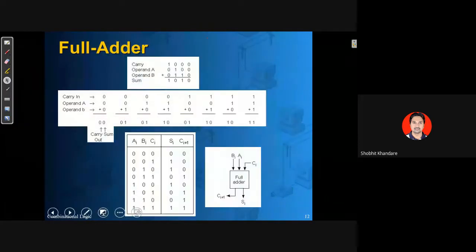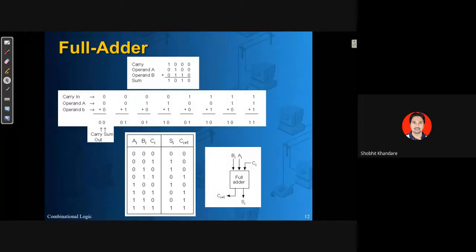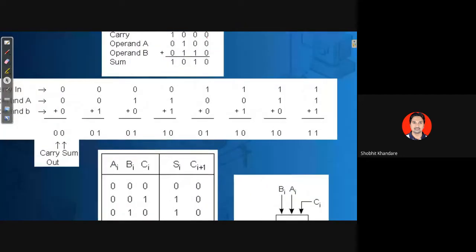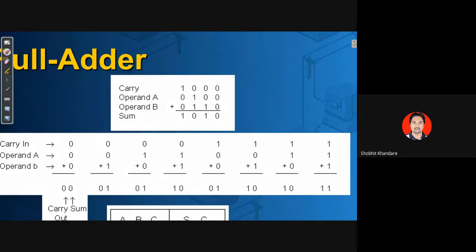See the full adder. I want everyone to pay attention. Let me enlarge this a bit. See here now.